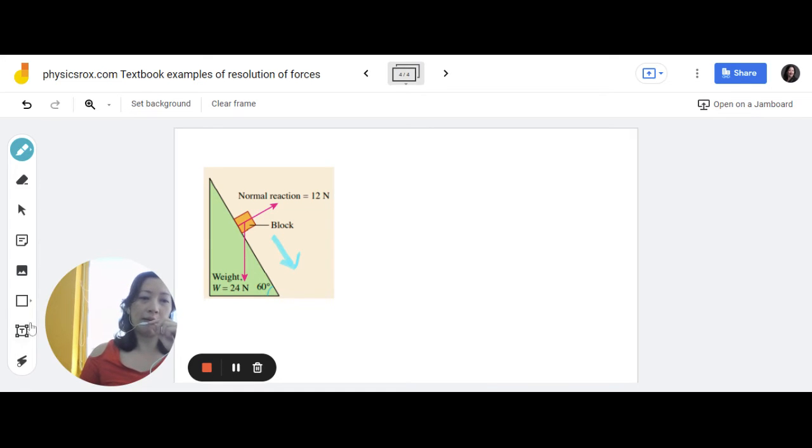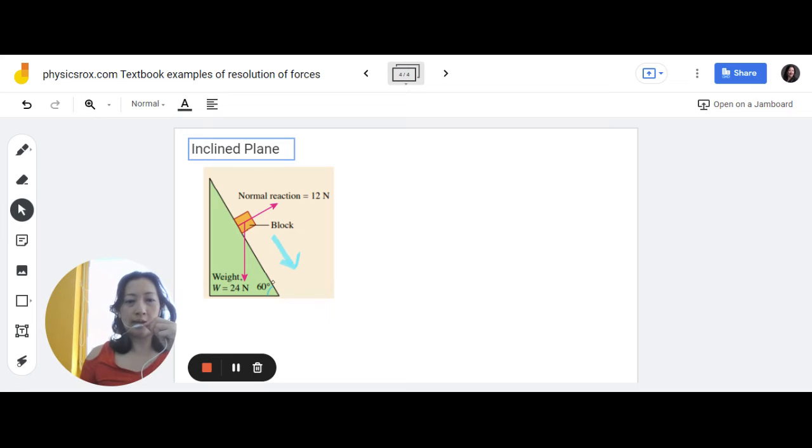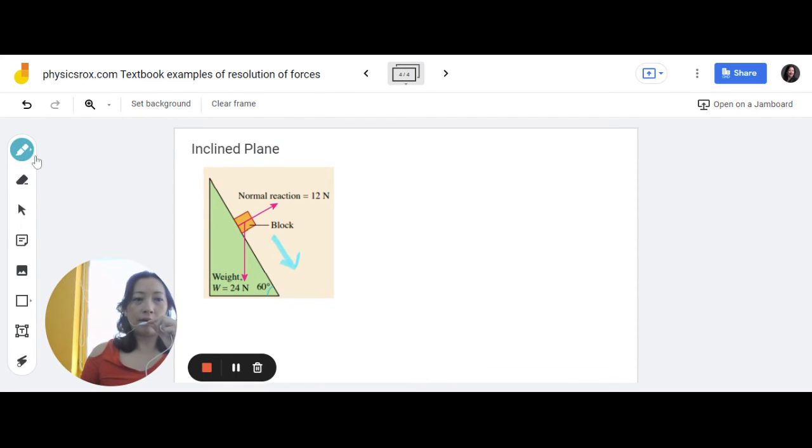So this concept is known as inclined planes. An inclined plane just means slopes. Incline means like a slope. All right, so this is an inclined plane question. So it's a little bit tricky. It's not as straightforward as example one because of the way this is moving. Now remember that if we're solving forces, F equals ma,